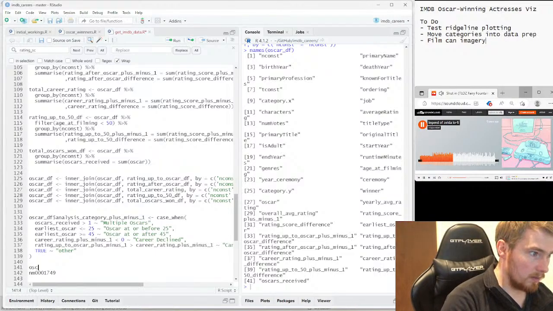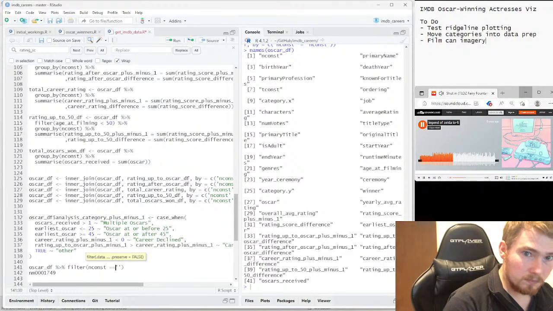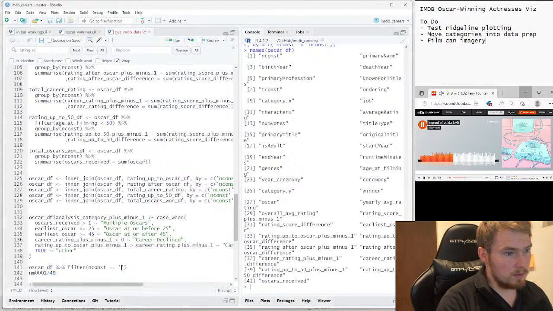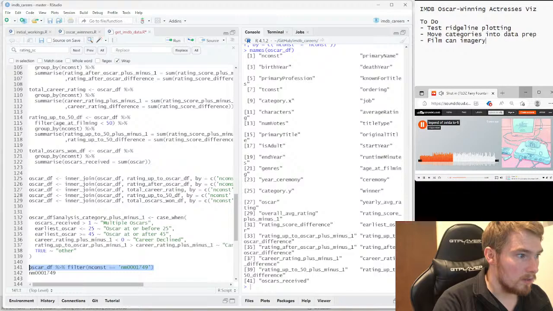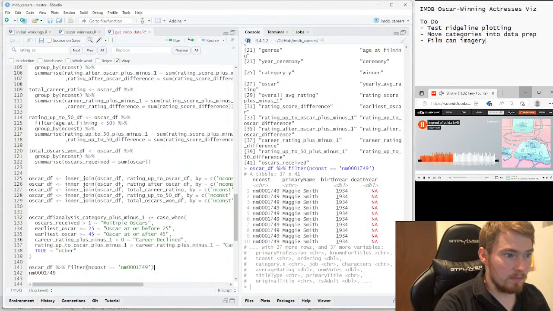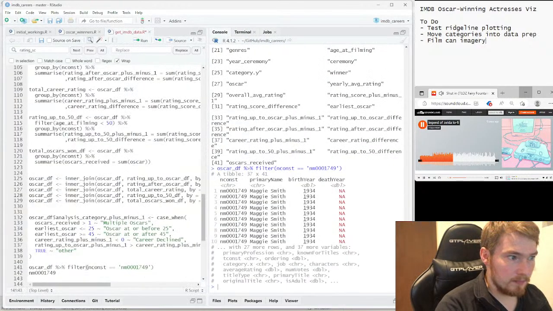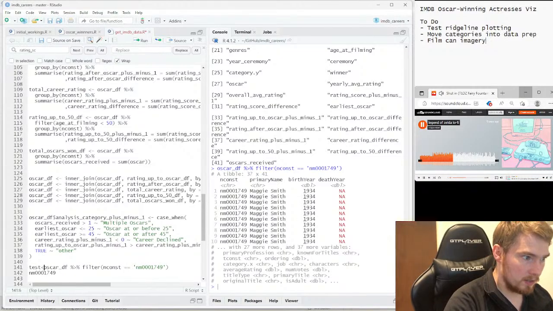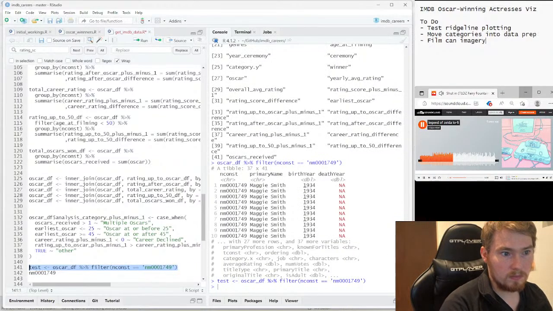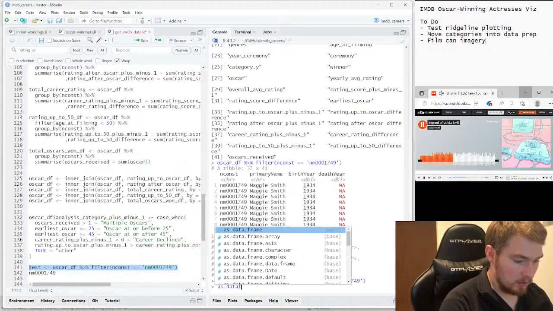Do Oscar DF, enter in const equals test, as data frame, so I can actually see it.